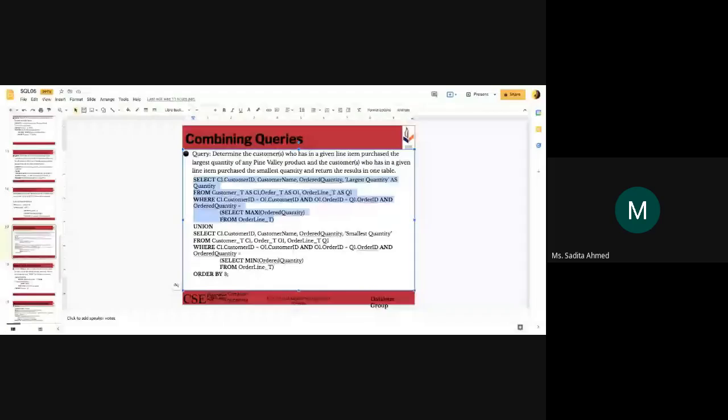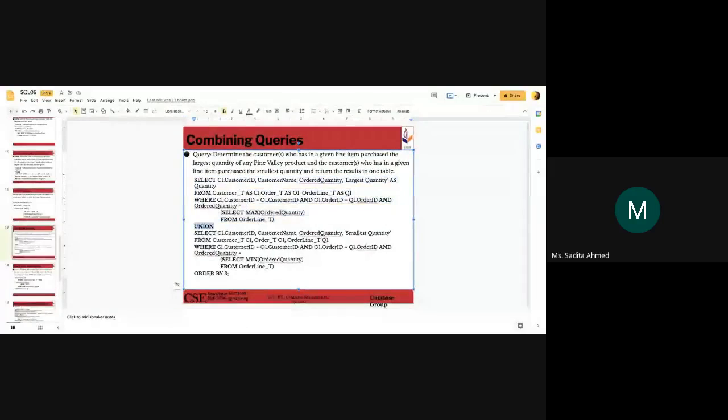Another way out is to simply use the union command. How the union command works is that it will combine these two tables, these two result tables, as long as the number of columns match. The number of columns in the column definitions, as long as they match, the two results will be combined together, right? So if we were to execute this here,